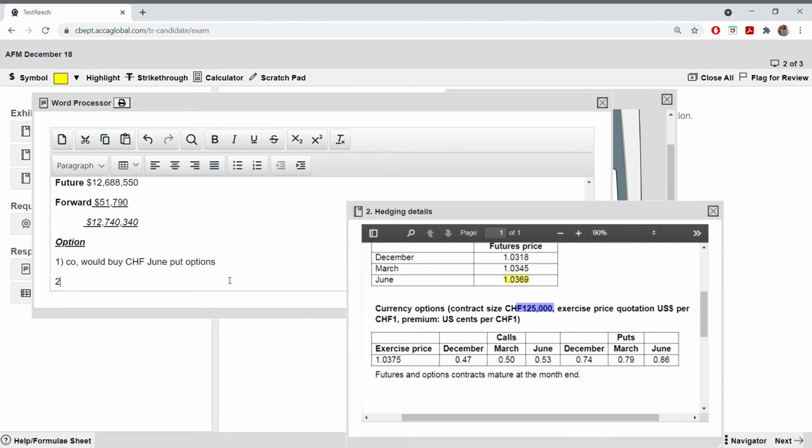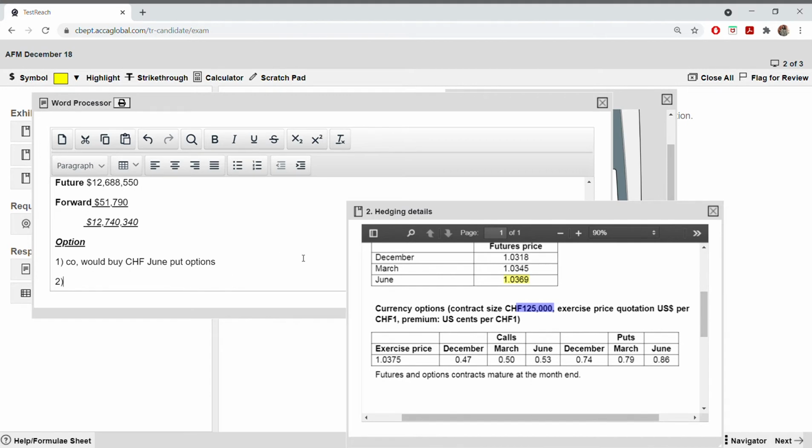Number two, there we find the number of contracts. Here also number of contracts. But are we going to calculate the number of contracts here again? No. Why? Already calculated in future. And the good thing is calculation in option takes much less time compared to future, because in future we have to find the basis rates, the closing future price and then the gain or loss. But here we don't have to. Whatever we have calculated for future, the closing future price and the number of contracts, we can use the same for option as well.